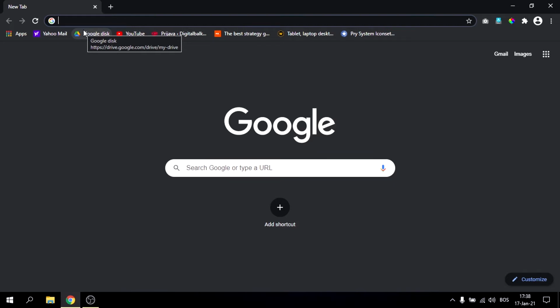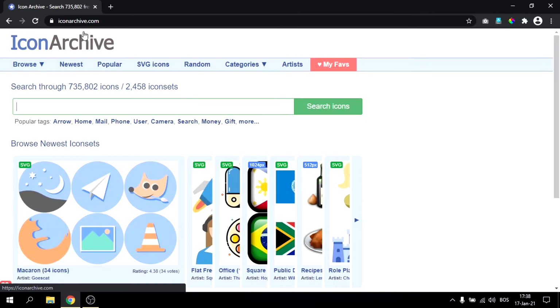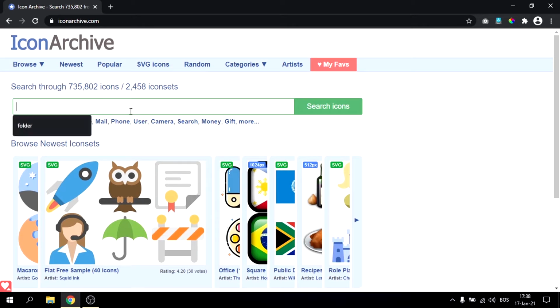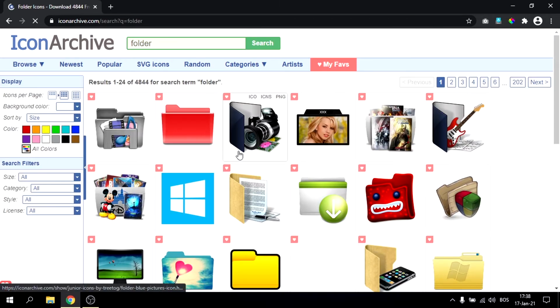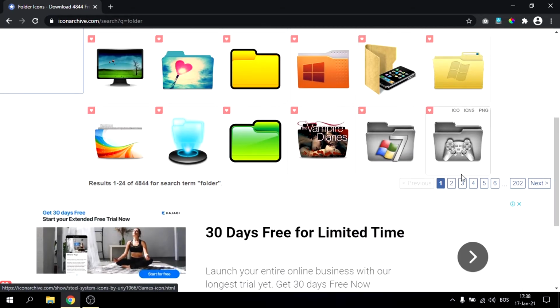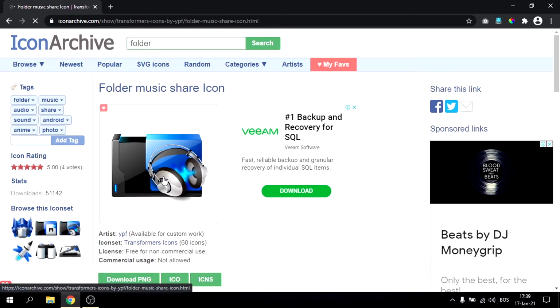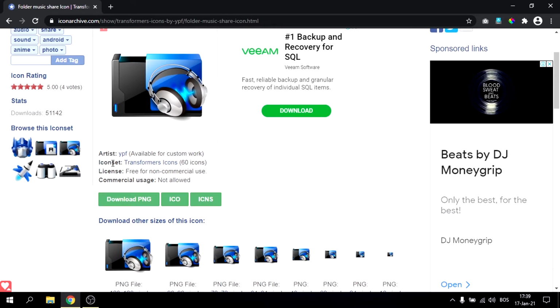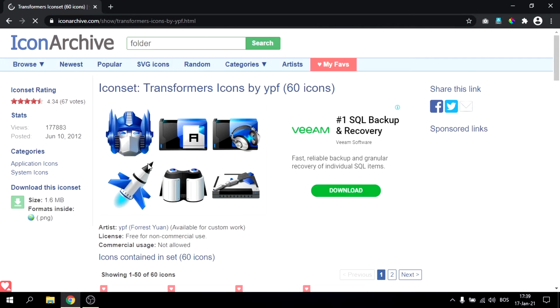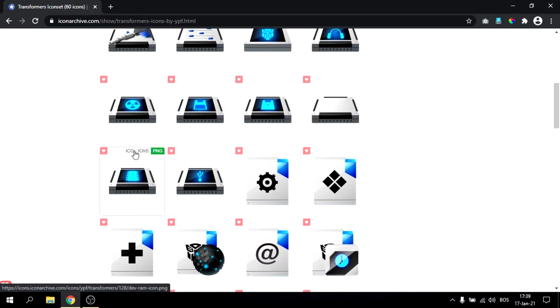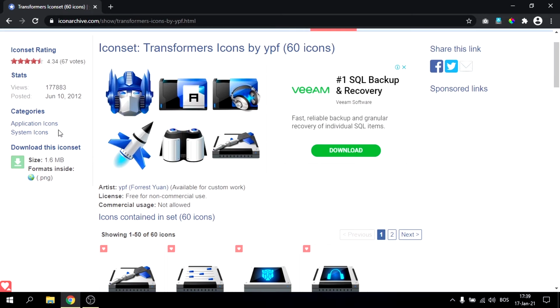Go to iconarchive.com, search for icons you want. Probably you're gonna search for folder, open, and here you can find a lot of folder icons. And what you need to do is search for a set. Now you open one icon and you have icon set. Open it and you have all icons in one set. You can download it